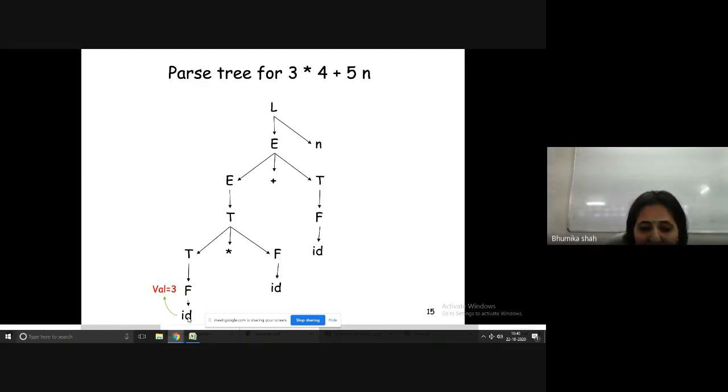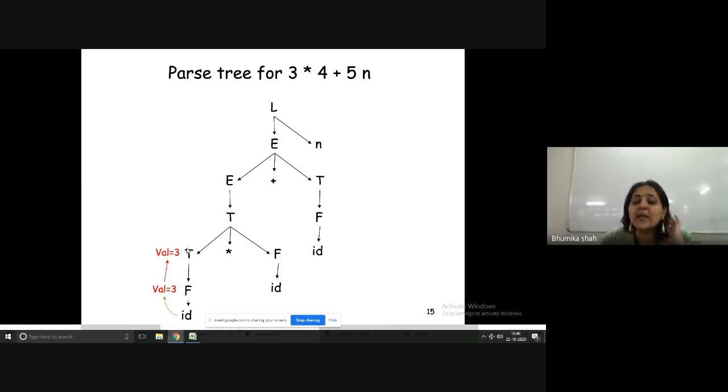So the value of id, that is the child node, is assigned to the parent node F. Now the value of F is assigned to the value of T. T derives F, so T.value is F.value, and hence F's value is assigned to T. So that value is propagated from child to parent. If values go from child to parent, what is it called? Which kind of attribute? Synthesized attribute. Very good.